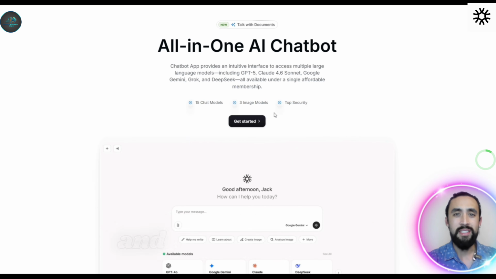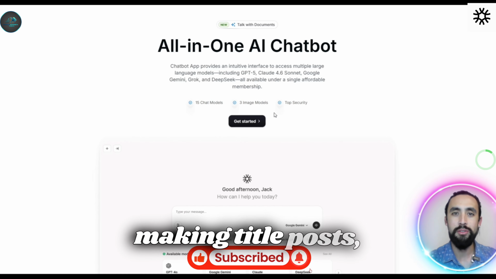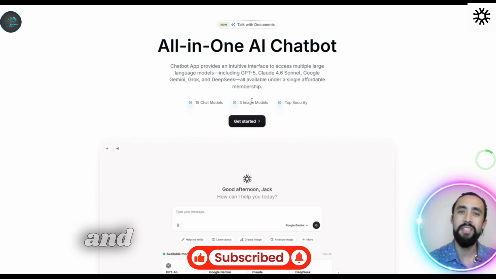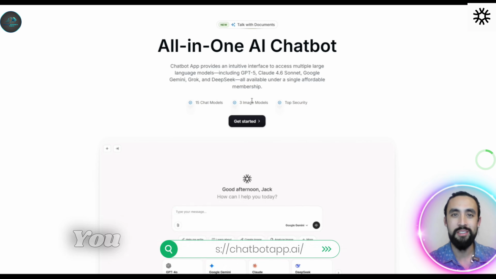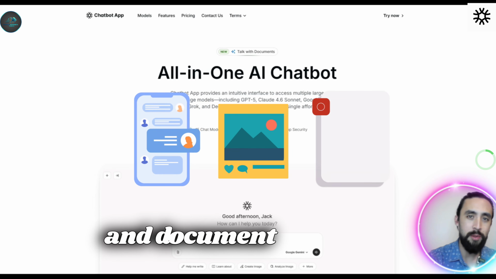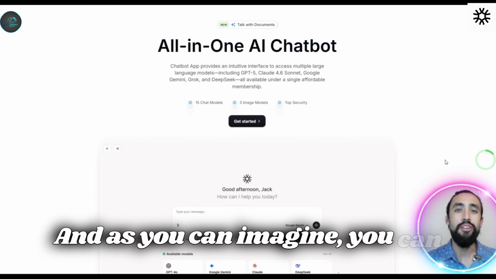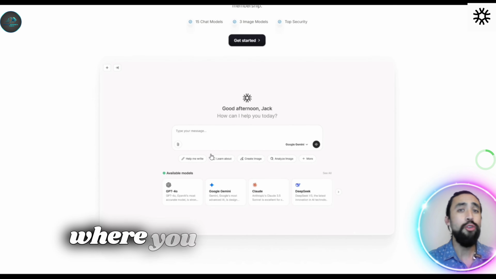It's built for writers and content creators, whether it's building captions, making title posts, blog posts, other posts, and social media planning without having to juggle between multiple different apps at once. You get one single dashboard for chat, image generation, and document analysis. And as you can imagine, you can generate high quality infographics from some simple text prompts where you write your